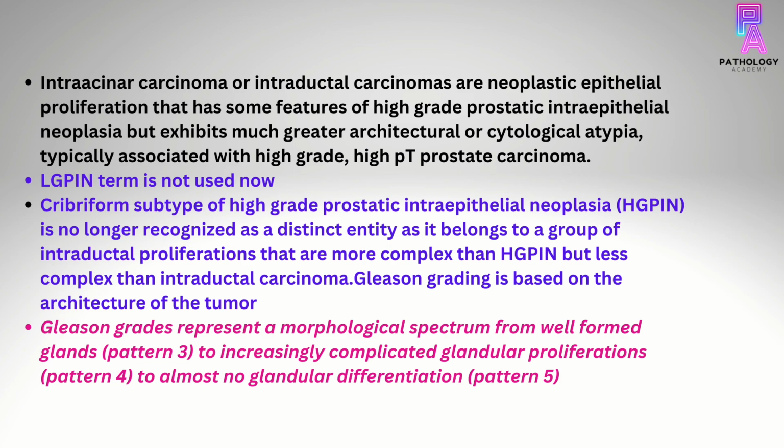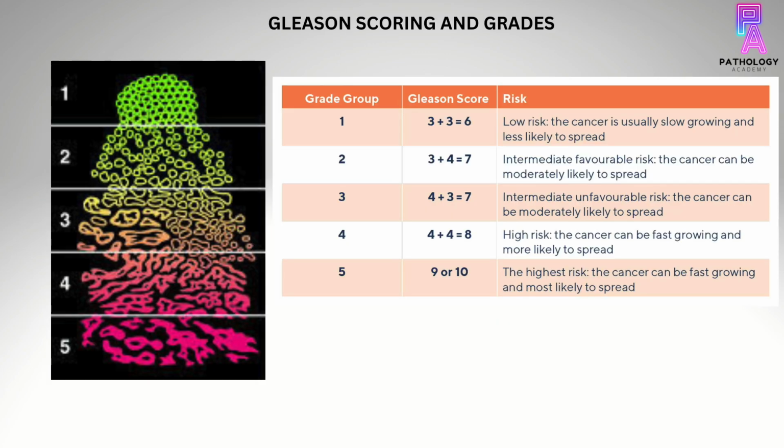Now coming to the Gleason grading. Well, Gleason grading is based on the architecture of the tumor. There are 5 patterns in Gleason grading, and then there are grades of Gleason grading. These grades can be grouped as 1, 2, 3, 4, 5, and Gleason score is calculated using the primary and the secondary architectural pattern. For example, if the Gleason score is 3 plus 3 or